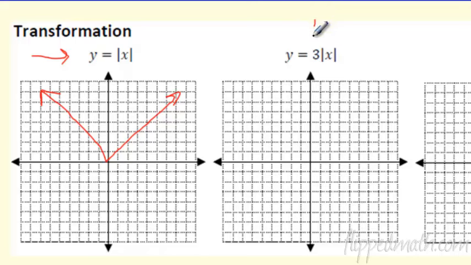What is this 3 in front going to do to it? It's going to make it 3 times bigger. I know it didn't move it left, right, up, or down, so my vertex is still here at 0, 0. The vertex of an absolute value is just this point right here. And instead of going up 1 over 1, up 1 over 1 every time, the most basic one,